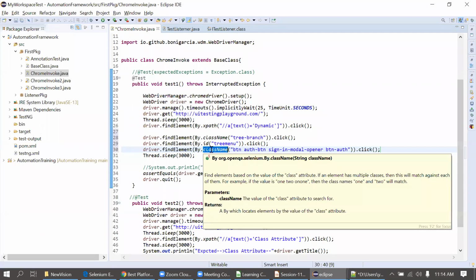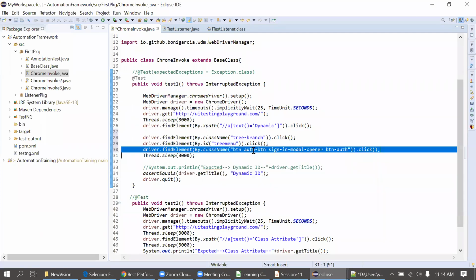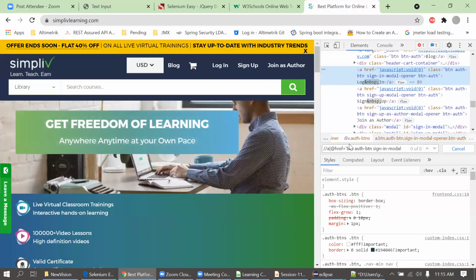But sir, in this case we don't have anything, so that's why we used class, right? Yes, we can use class. You should use it in this kind of unique scenario. But a developer can change the class name again. It might happen, so due to an unnecessary thing, your code might break. So in that case, always go for the text or href or a different thing.